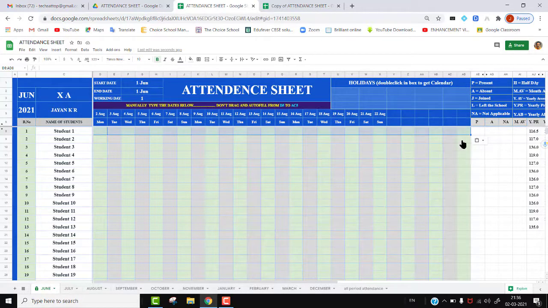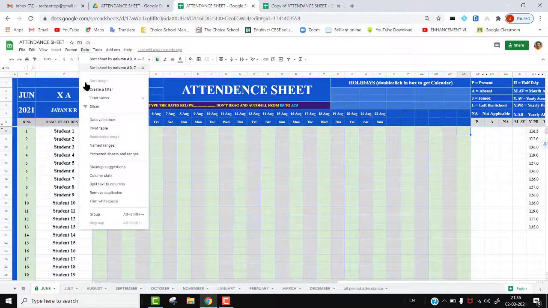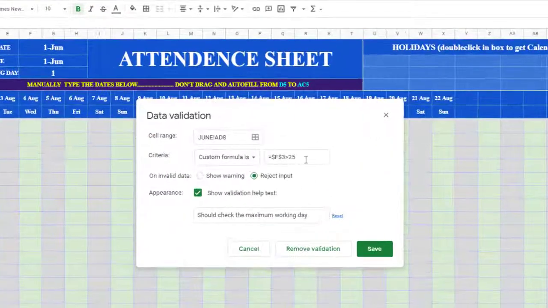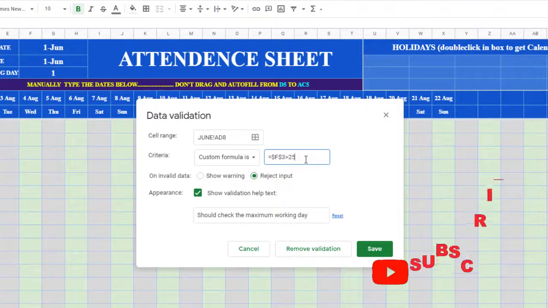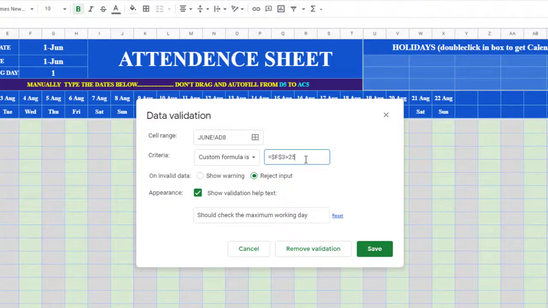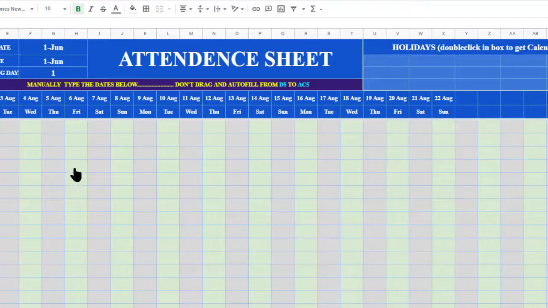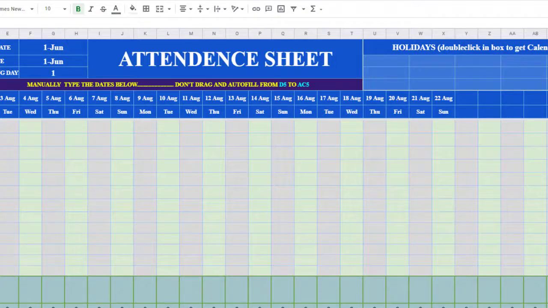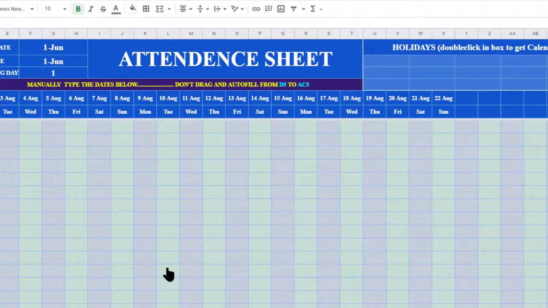You can select the last column and Data validation. Here selecting data validation, you can see greater than 25. Only greater than 25 means we can type 26, 27, 28, anything. Now only 27. So if it is greater than 25 only we can type in this. Now what to do? You select from here to here, then drag till the end, finished. So the data validation in the cells we finished.